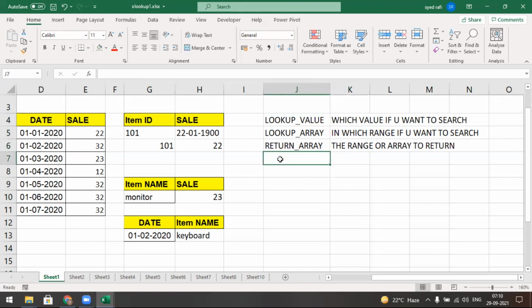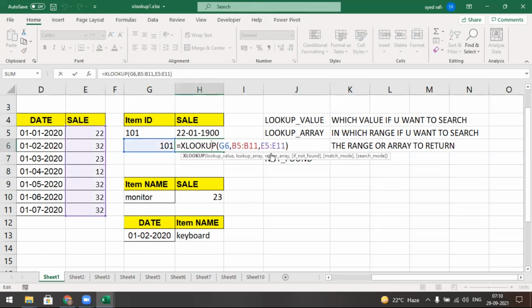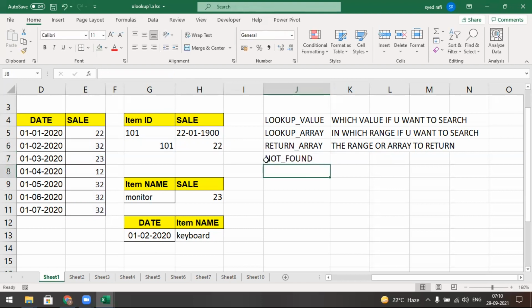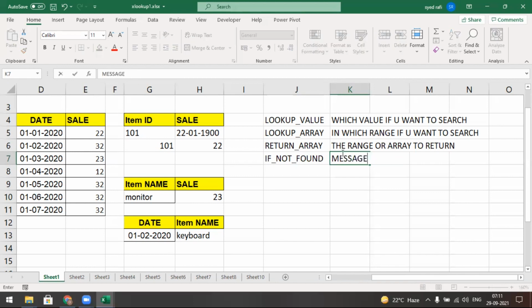What about the next one? If not found. Let's check. If not found is optional. If the record is not found, what message must be given? This is the message given by the user.